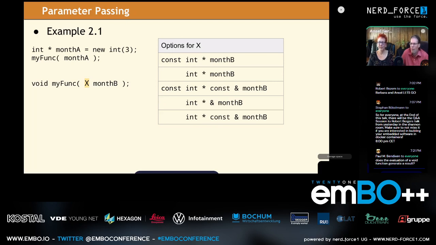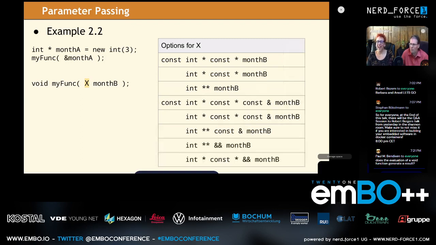So we have three options for how we want to receive it by reference. If we take a const reference, we can choose to receive a const pointer or a non-const pointer. However, if we want to receive an L value reference, which we can do because the value is an L value, we cannot const qualify the pointer because that would be a type conversion and would require creating a temporary.